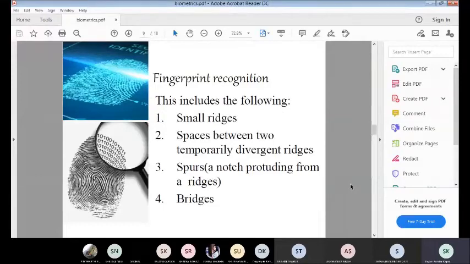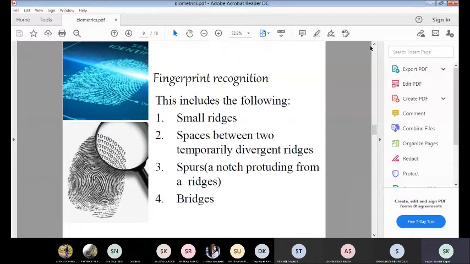Discussing biometrics, as we discussed in the last class as well, on the recorded video. Biometrics we are using for authorization and authentication purposes in online transactions and online document submissions, as an alternative to digital signatures. Different applications are there. We will discuss the applications of biometrics later in the slides.